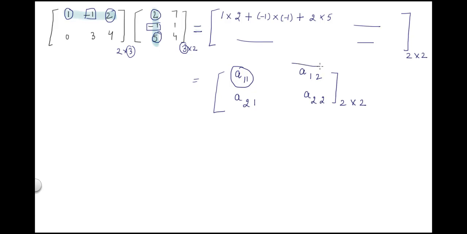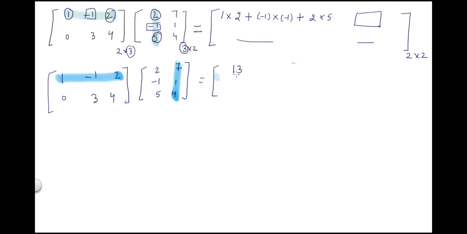So the second element is A12. To get the element value here, we have to multiply the first row with the second column. Clear? Earlier we did first row, first column. The second step will be first row, second column. Now, to find out the second element, that is A12, we will multiply the first row with the second column. So the multiplication will go in a similar way as we did for first row, first column.